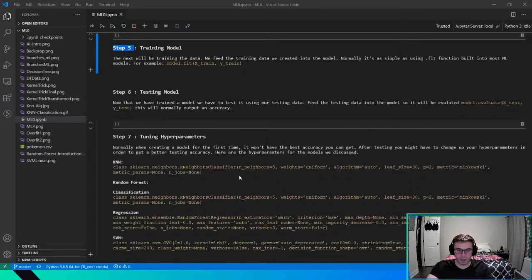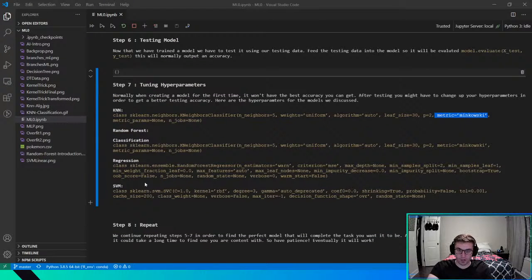So remember, KNNs, we talked about the n neighbors or k neighbors. And then we can choose different types of metrics, which is how we're going to measure distance. And then all of the other ones. So we can change these within our algorithm to see if they do better or worse. For example, our kernel, using our kernel trick, our C, which is our hardness or regularization term.